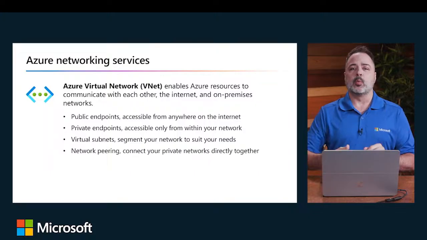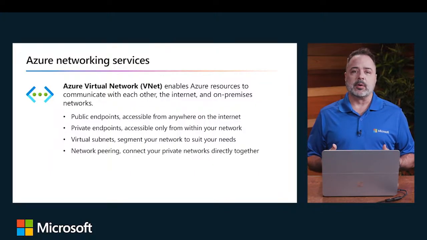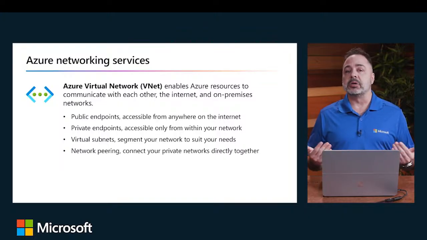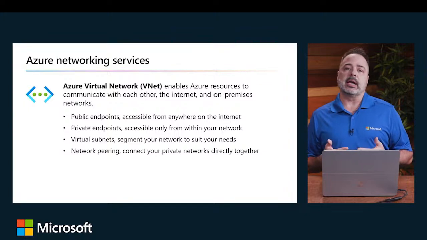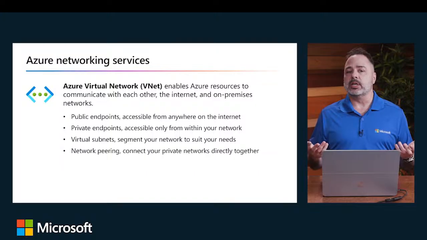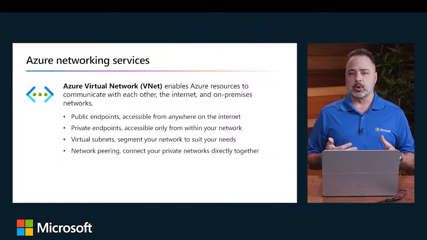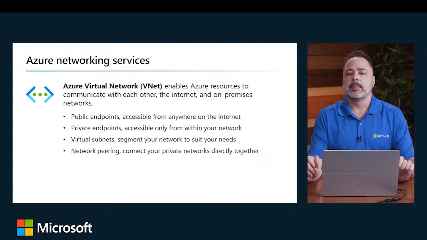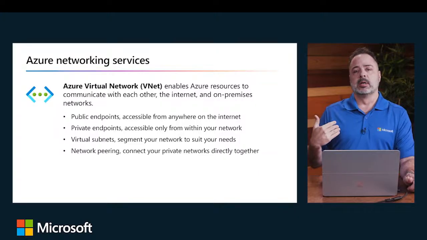Network peering is a way that we can connect two VNets together, allowing resources in different VNets to communicate with each other. This is useful to create a global network architecture where VNets in different regions can be connected very seamlessly. Azure Virtual Networks also support hybrid networking scenarios, allowing you to connect your on-premises network to your